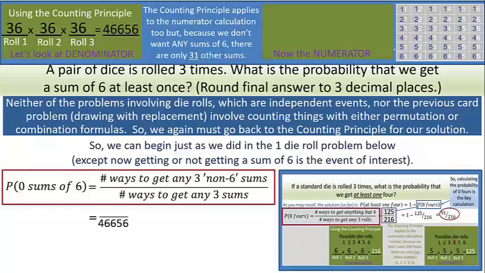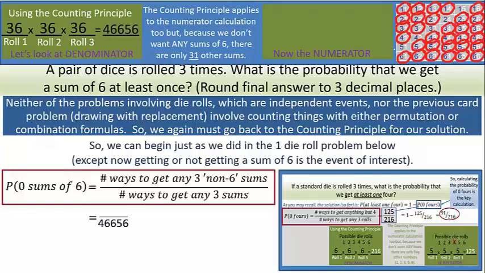Well, if you look up there, there are 31 of them. 5, 1 adds to 6; 4, 2 adds to 6; 3, 3 adds to 6; 2, 4 adds to 6; 1, 5 adds to 6. In other words, only that diagonal line of sums that I did not circle add to 6. We want the ones that don't add to 6. And if you count those circles, or just say 36 minus 5 that weren't circled, you'll see that there are